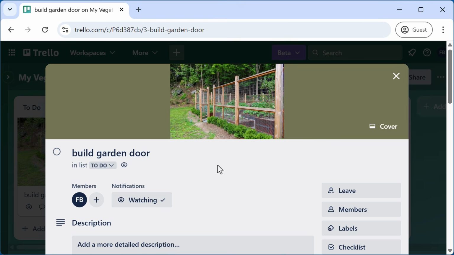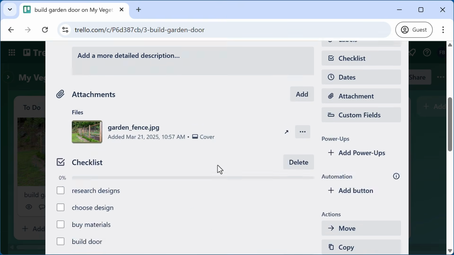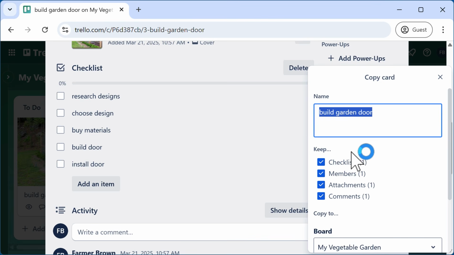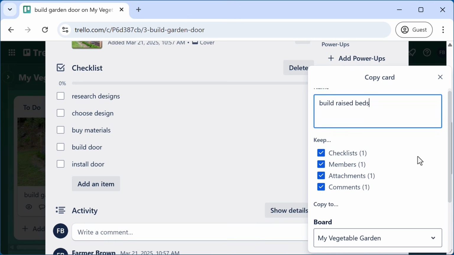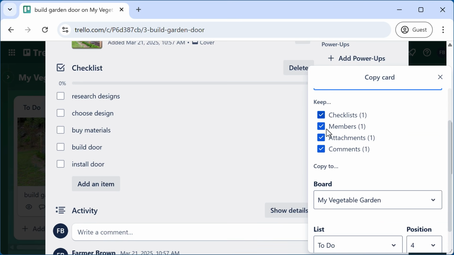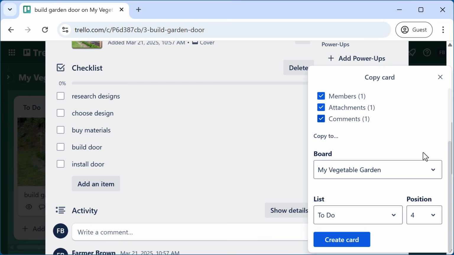So to make a copy of this card, all I need to do is click Copy. I can give it a new name, so I'll call this one Build Raised Beds. I'll keep the checklists. I'll keep all the other things about it. I'm going to copy it to my vegetable garden board.